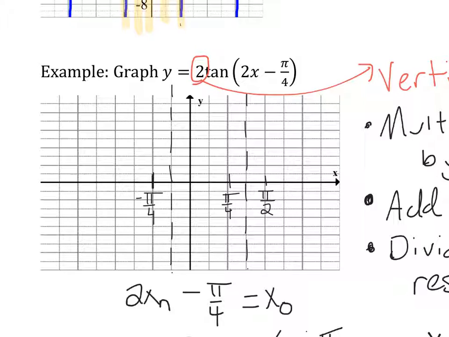Okay, then we know that our origin point ended up actually moving to pi over 8 comma 0. So that's right here. And then from there, I know that my other 2 points are halfway between the distance between the center and the 2 asymptotes. So let's go ahead and do our scale. Let's just make the y value scaled